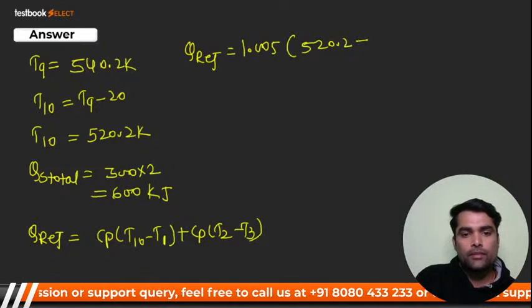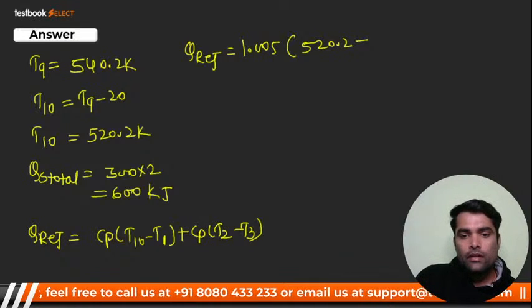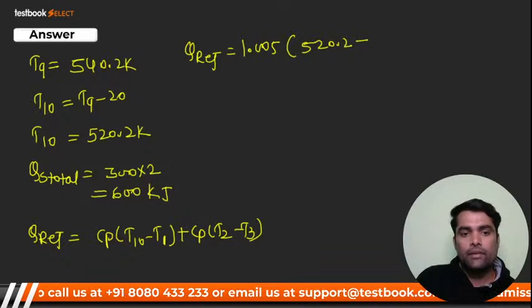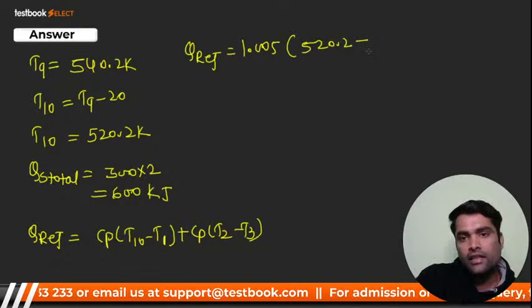T1 is how much? Just wait a minute. T1 is already given in the question, and that is nothing but 290. That is 17 degrees centigrade that was given. That is 290